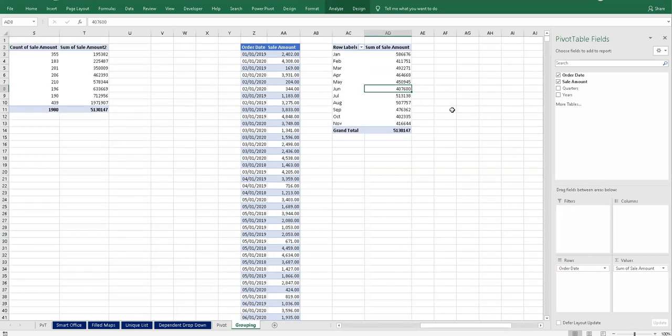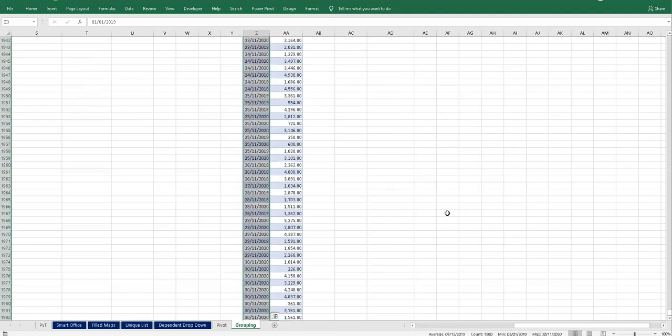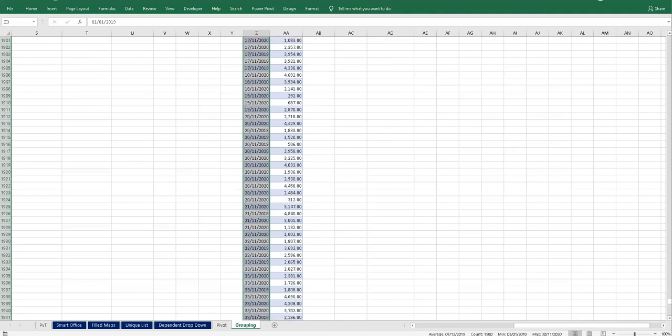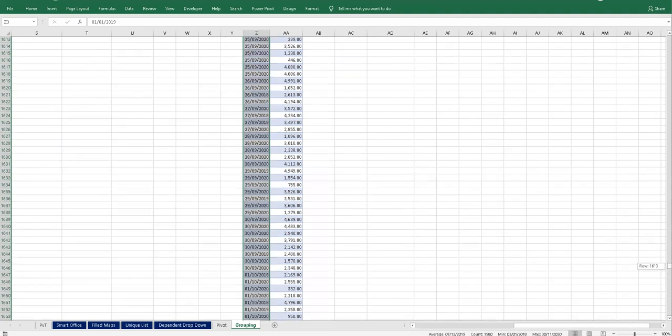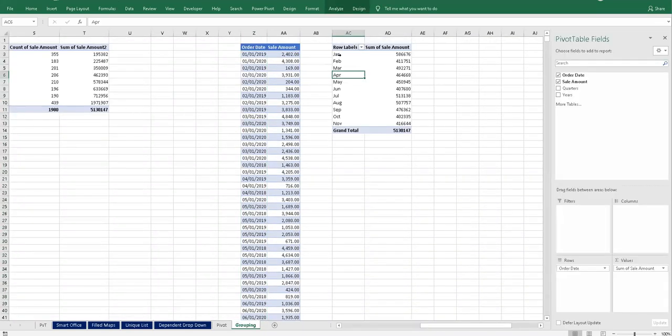Now, if you understand my concept of this information, my minimum value is 3rd January 2018 and maximum value is 30th November 2020. It means 3 years are involved, but my data is showing January till December. It means that January represents the 2018, 2019 and 2020 values merged together, which is wrong information. So it is a very time intelligence function. So you have to apply the logic over here.